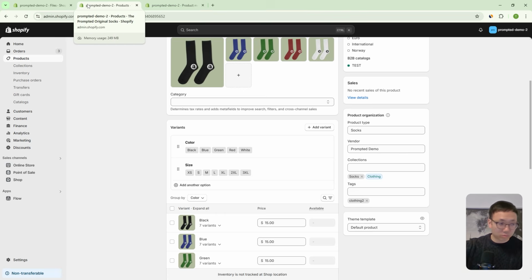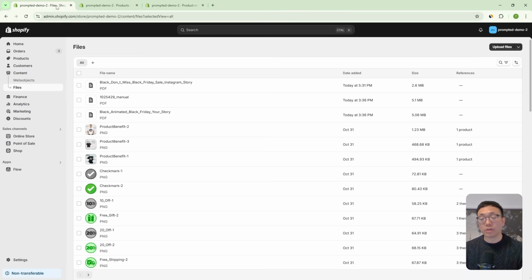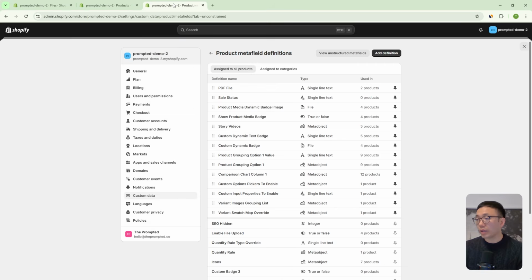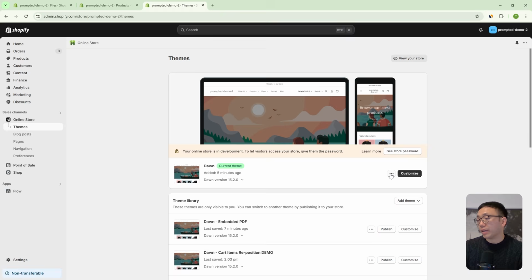So we'll get through that again in a moment, but the step here, at least for now, was to create the meta field. Okay, so now that we've created our meta field, we can come back out and we can now edit our code. So before you start, if you're working off an existing theme, make sure to duplicate it. I always say this, but you need to do this because if anything goes wrong, then you have a backup that you can always go back to without trying to troubleshoot how to